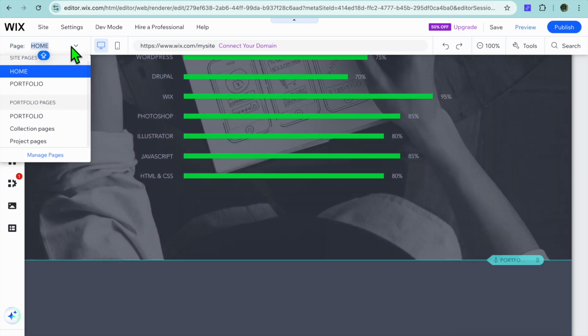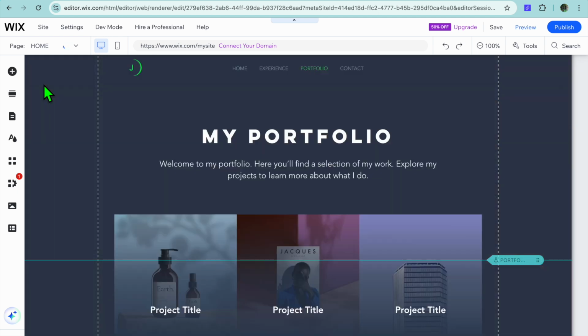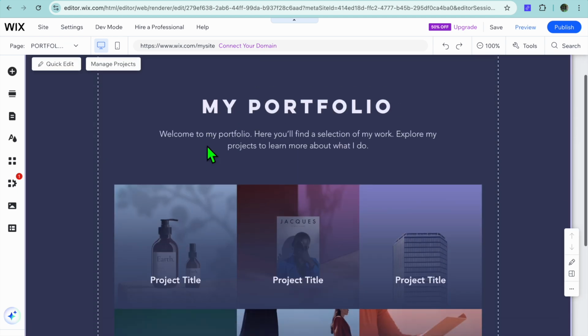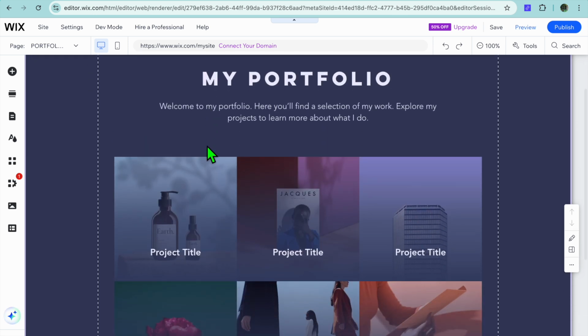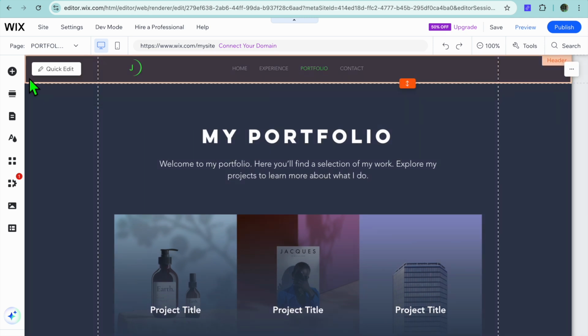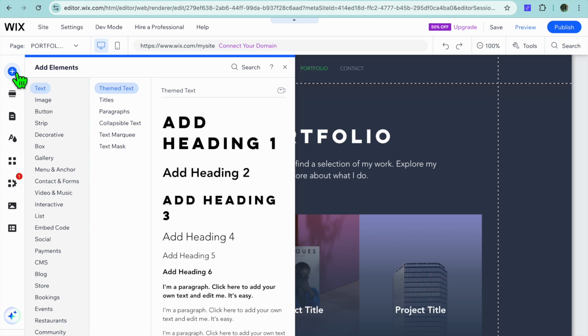To view all the pages on the website, you will tap on home in the top left hand corner and we could select portfolio and you could view the portfolio page. And this is my portfolio page at the moment and you will see yours once you select it. And that's it. To add anything else to your website, you could tap on a plus in the top left hand corner